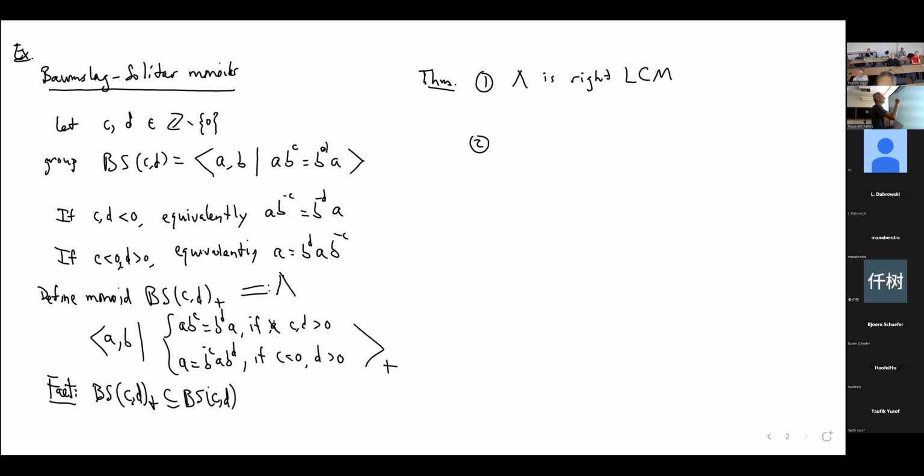In this second case, if it's the case that, say, c was negative and d was positive, then we do have that property. So alpha lambda intersect beta lambda non-empty implies either alpha is an